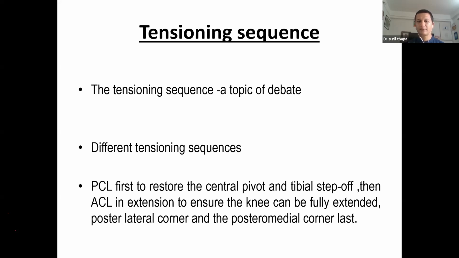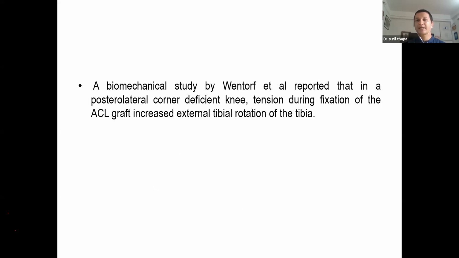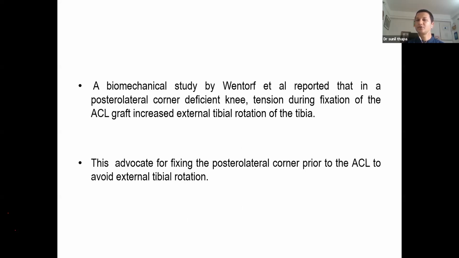And the biomechanical study says that in a posterolateral corner deficit knee, if we try to fix ACL first, tensioning it in extension, then it will increase the external rotation of the tibia. So they advocate tightening of the PLC after PCL so that there will be no marked external rotation of the leg, and that will alter the joint kinematics if we tighten the ACL first before fixing the